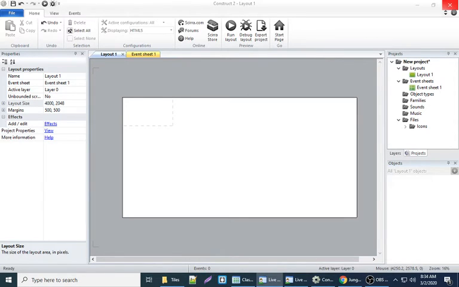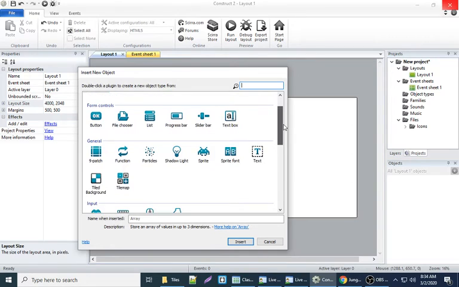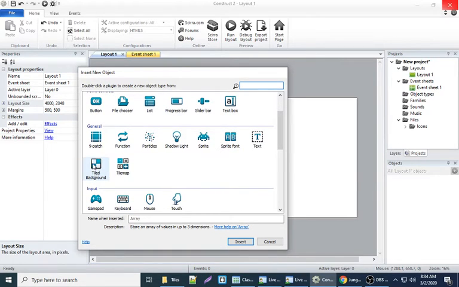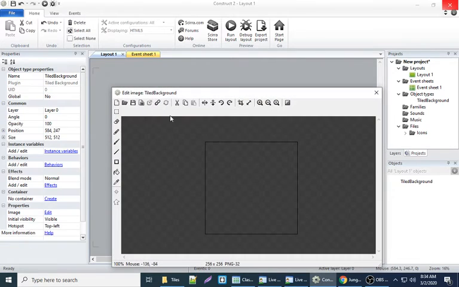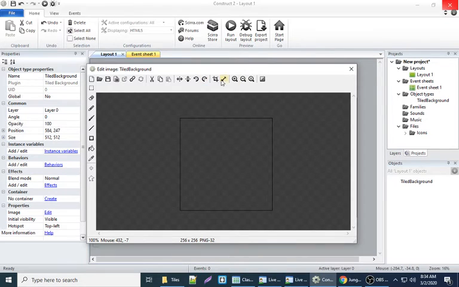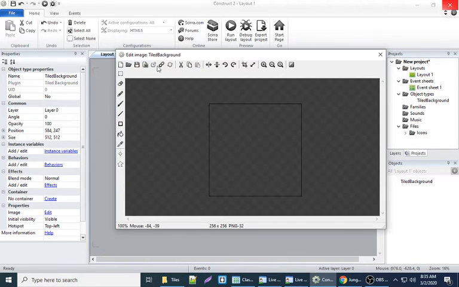All right. So now what we need next is to insert the background. If we double click anywhere on the layout, it'll say insert it, and we've always done sprites. What we're going to try now is a new tile background. What that tile background will do is it'll just repeat the image that we find. So we're going to browse in our own H drives for that background image. So I'm going to choose Open,